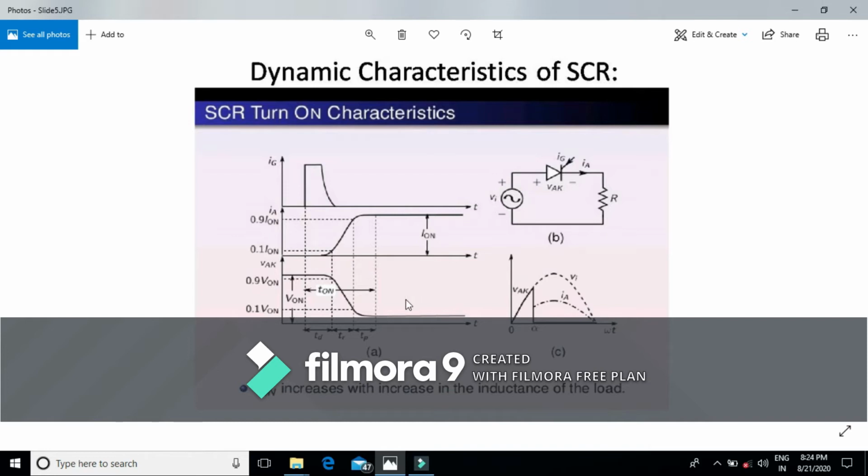This is the thyristor voltage, the anode to cathode voltage, that means this is very small, and this current is very high or some finite value. This transition from this smaller value to this finite value, and this finite value to this smaller value, this transition time is called the turn on time. This whole turn on time is basically the sum of delay time, rise time, and spread time, and its order is 1 to 4 microseconds.